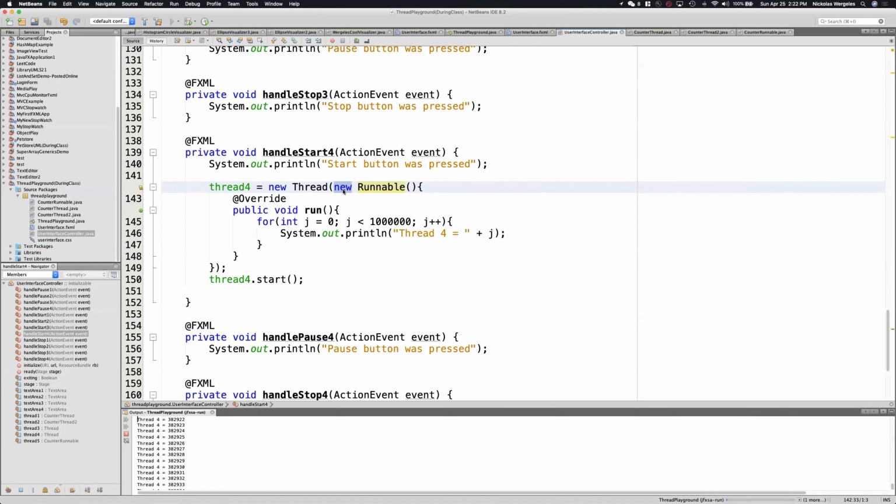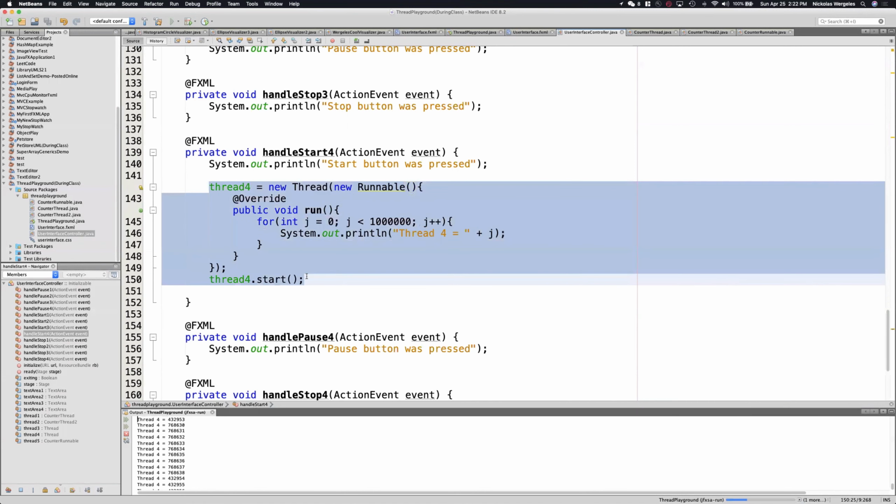But not with a functional interface. With a functional interface, I can actually create an instance here. And I can actually turn this into a Lambda expression. So if I copy this, and I'm going to comment this out,